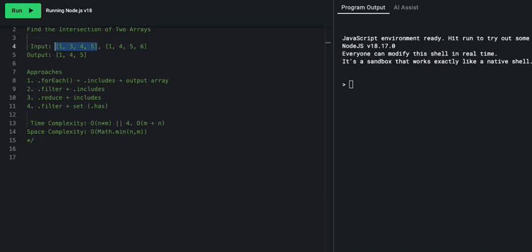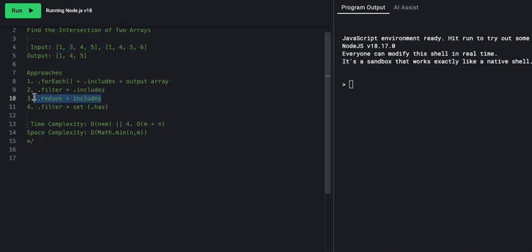Same thing with our filter here. The output would also never exceed these. Moving down, number 3 is pretty much the exact same thing, except for our last one here, number 4, because we are creating a set, we have O of m